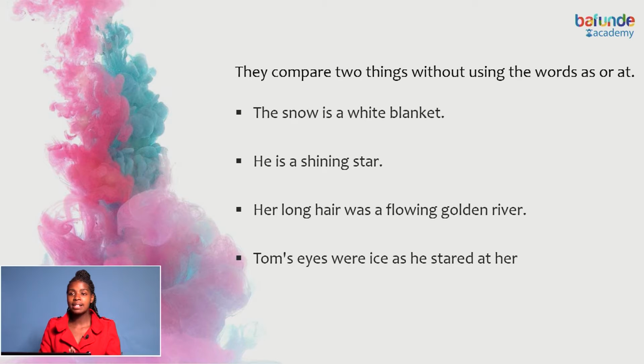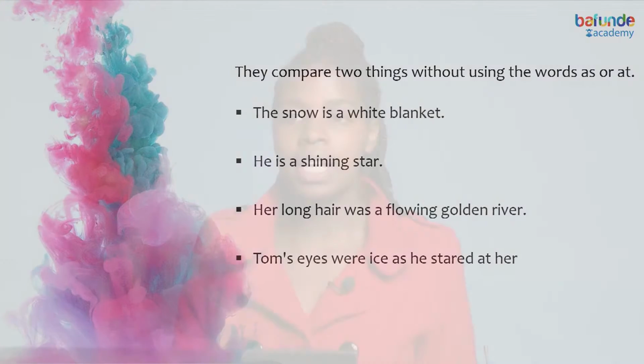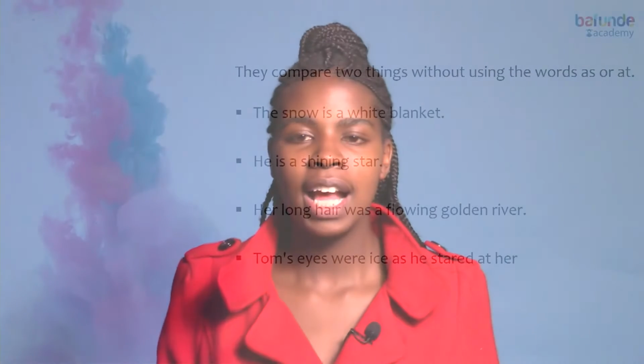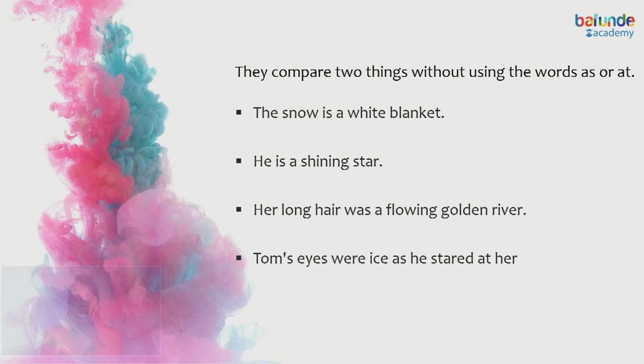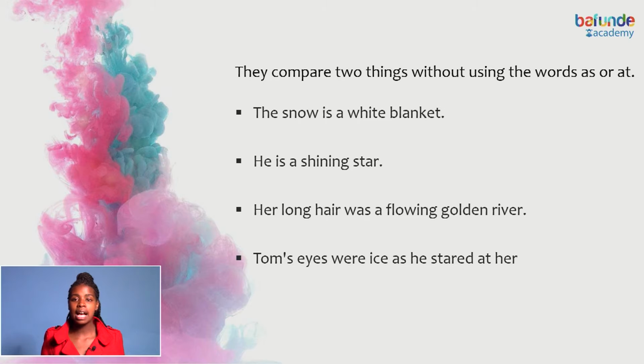He's a shining star, meaning he's soaring high. You've compared someone to a shining star. A star is above. Then if it's shining, stars are accoladed with good things. So when you say he's a shining star, then it means this is someone who is really achieving high. So when someone says he's a shining star in poetry, they don't necessarily mean that someone has become a star. It has a symbolic meaning. There's something that this person is trying to communicate, maybe trying to explain achievements of someone, trying to explain that someone has made it in life.